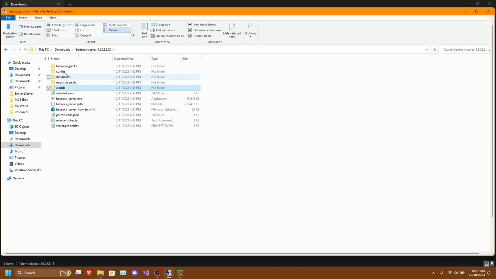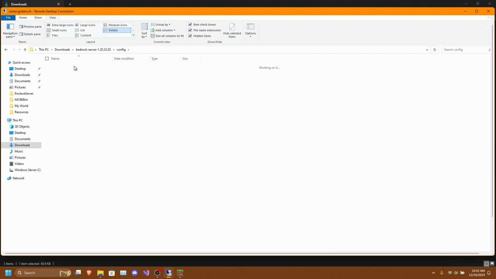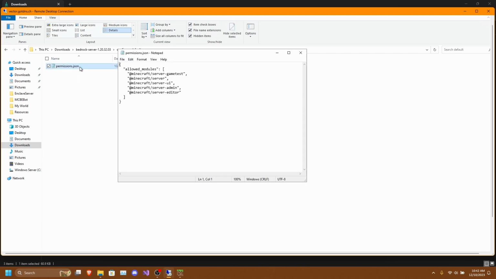Now to enable it, you need to navigate to your server files, config, default, then permissions.json. Now in here, we need to add in a new module, so the Minecraft Server-Net.